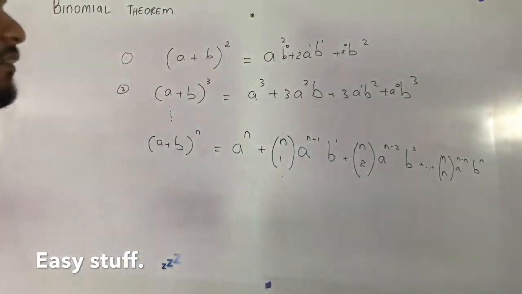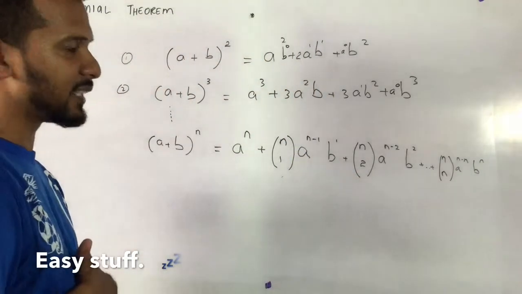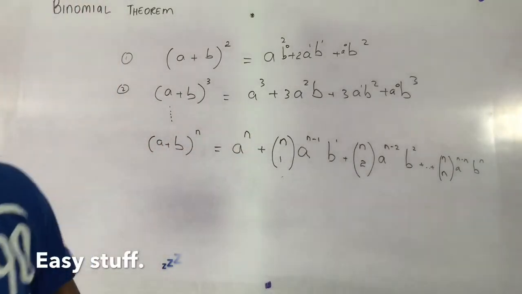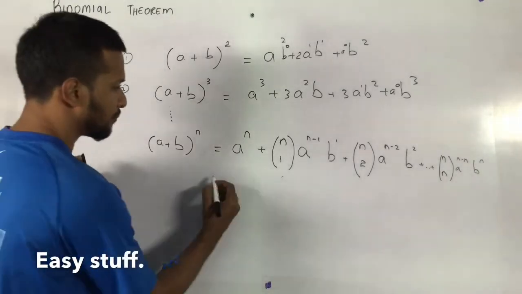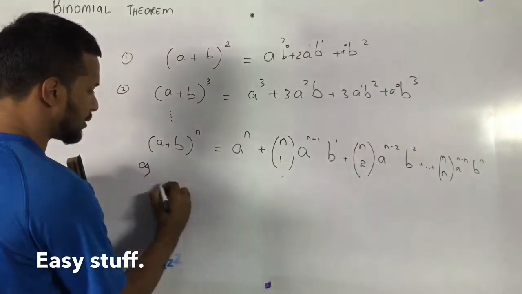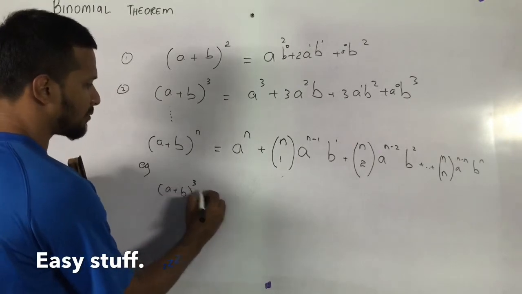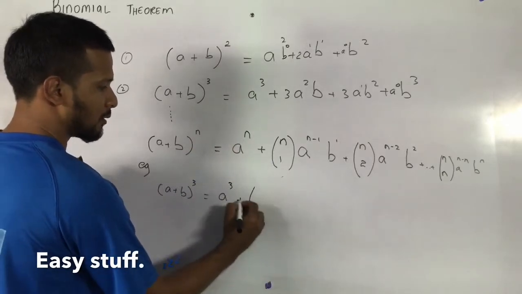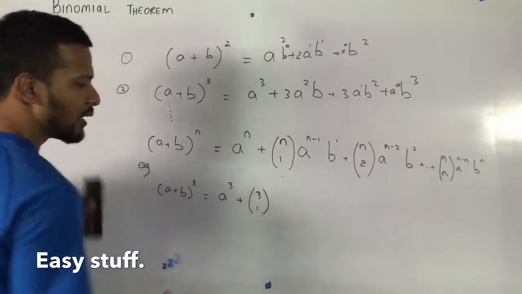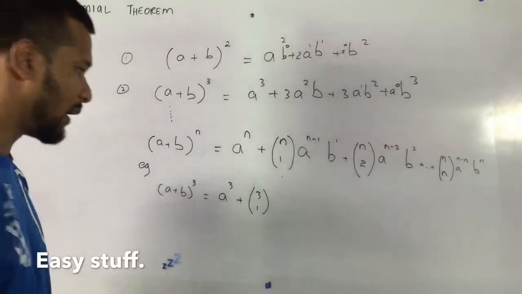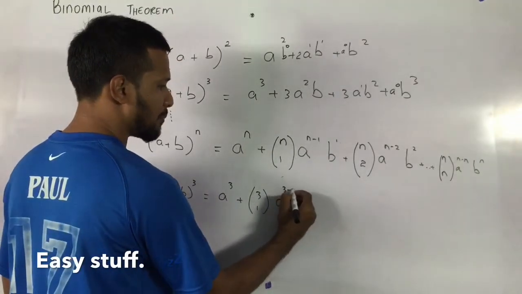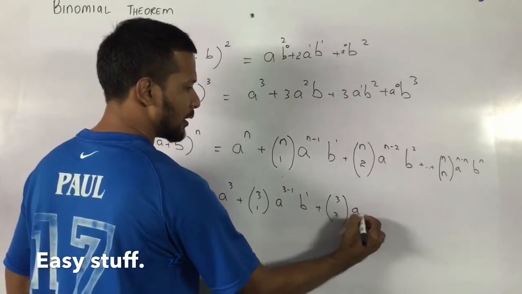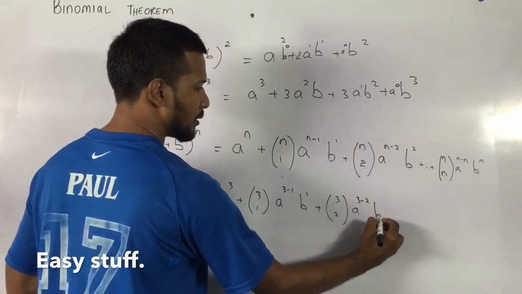So if we look at this carefully, this and this is really the same thing. If I were to say, okay, well, let n equal 3, I'll get back this exact function. Let's just make sure we know what's going on. Okay? So let's take an example. A plus B to the power of 3. So n is 3, by 3C1. And I'm going to show you how to work this out 2 ways in a little while. A to the 3 minus 1, B to the 1,